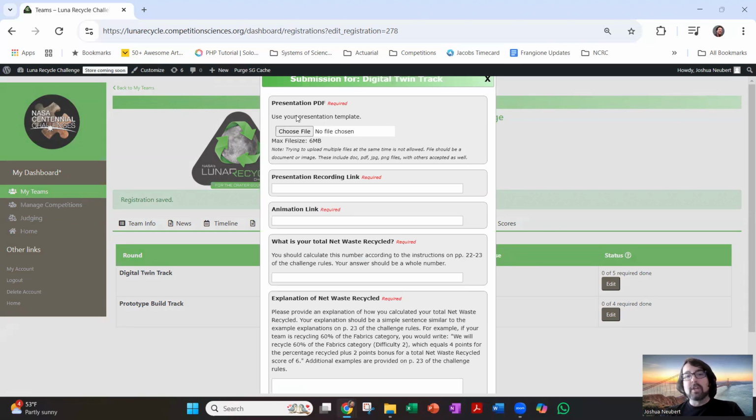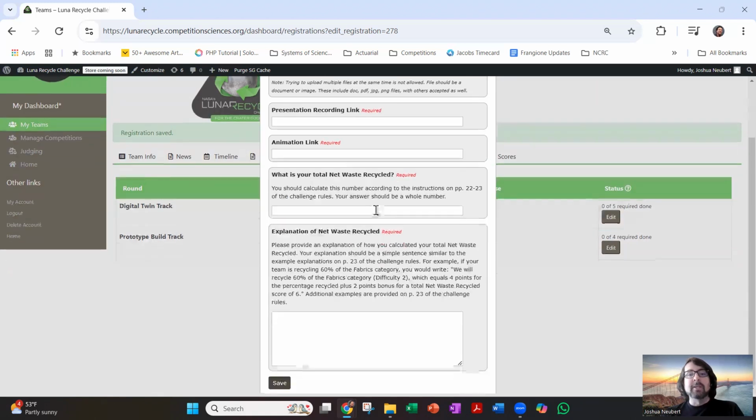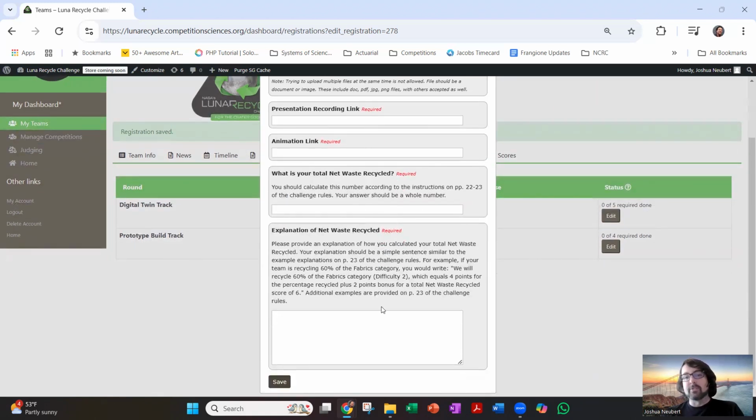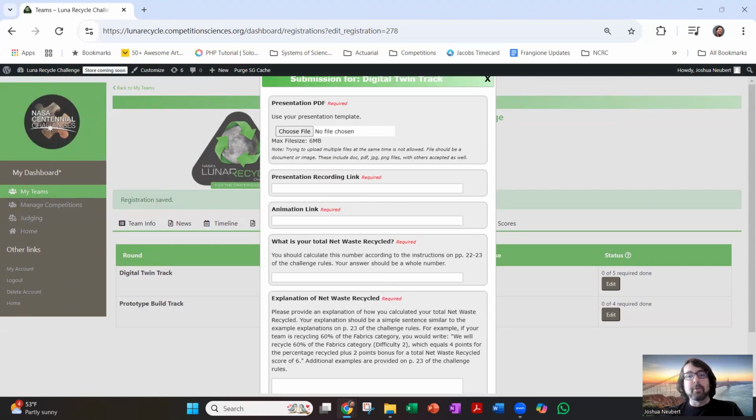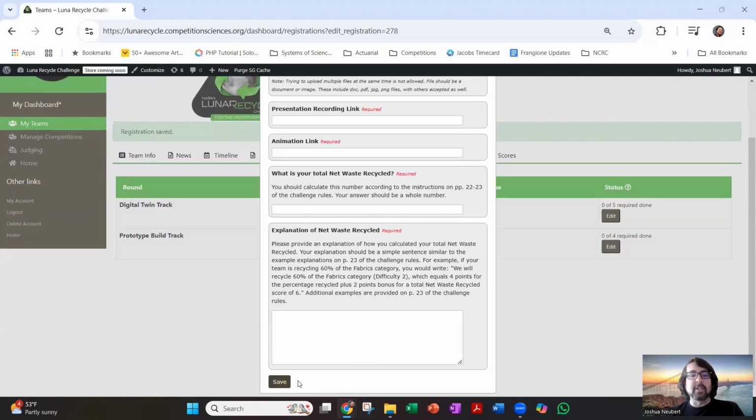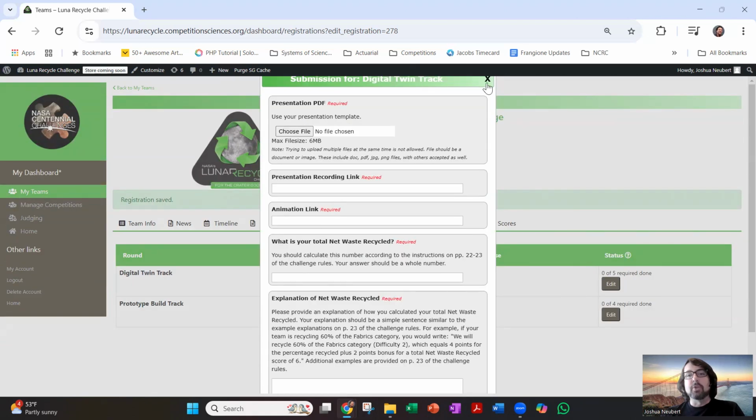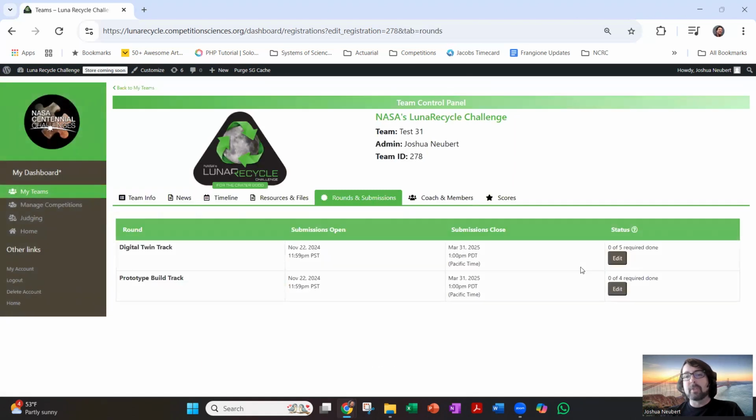So for the digital twin track, you've got your presentation PDF that you need to upload. You've got a link to your recording, a link to your animation, and then some information about the net waste recycled as described in the rules. So once you upload those, you'll just make sure that you click save, and then those will be shown in